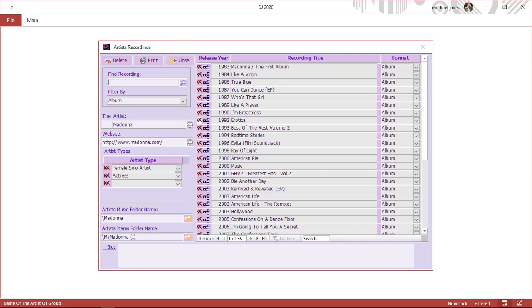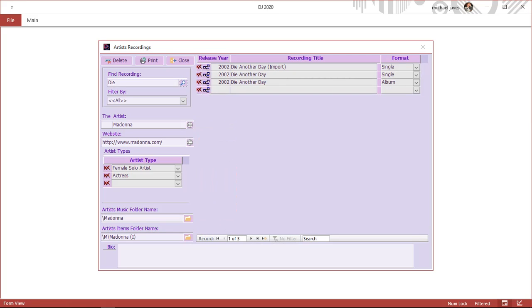So we want to find Die Another Day. See the album there, Die Another Day. So I type in DIE and click the search. As I was on albums, it's taken away the filter and it's showing me everything that has Die in it or starts with Die, Die Another Day, single, the import version, or the album Die Another Day. If I wanted to look at that album,